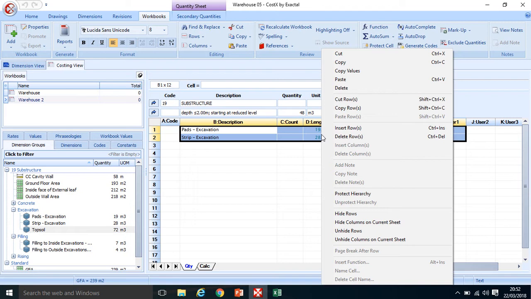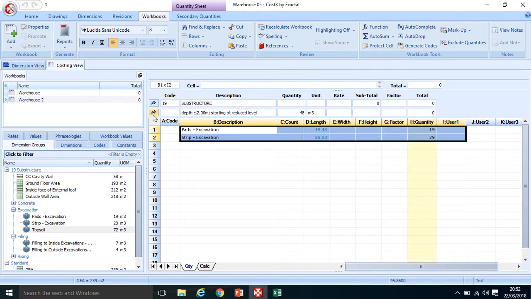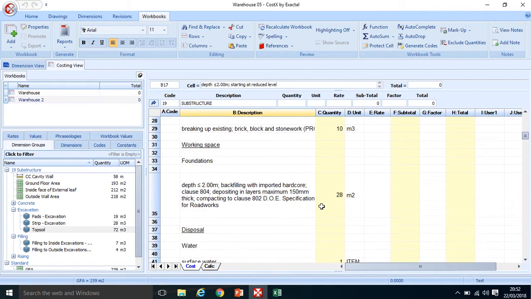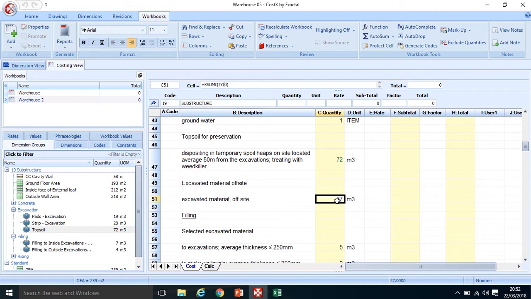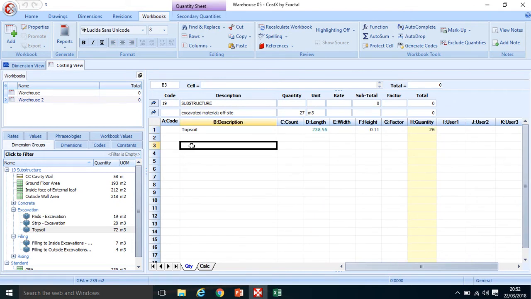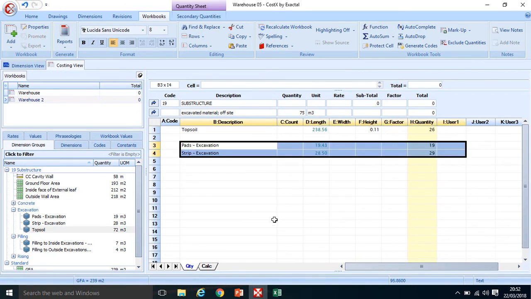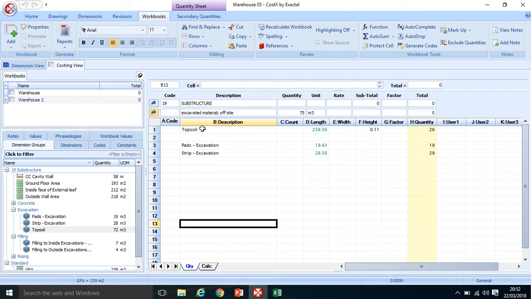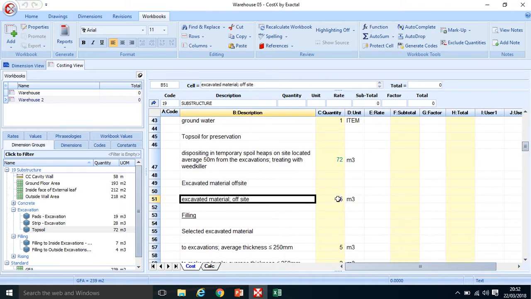So I'll select it, copy, come back out again, go back down, double click in and paste it just below my reduced level. So once I come back out of that, I'm disposing of 75 meters cubed of excavated